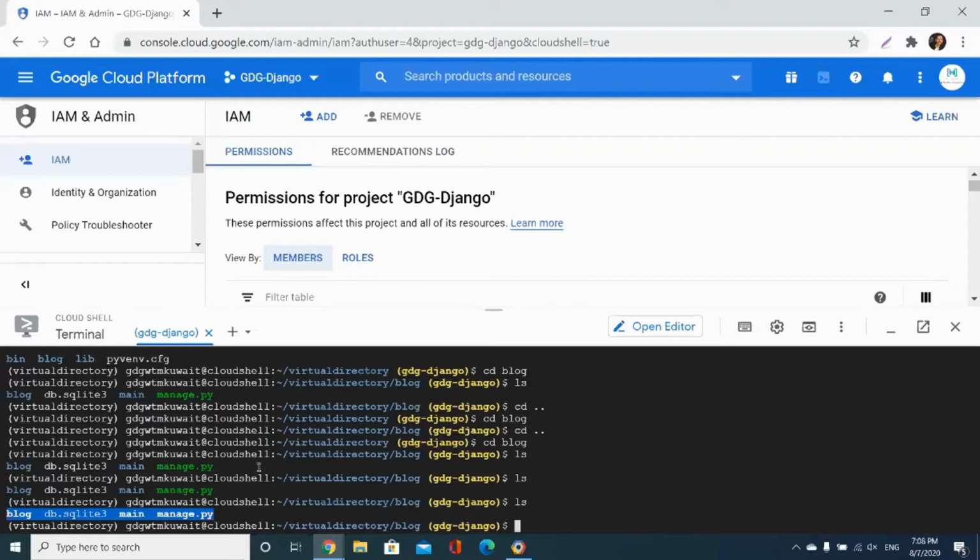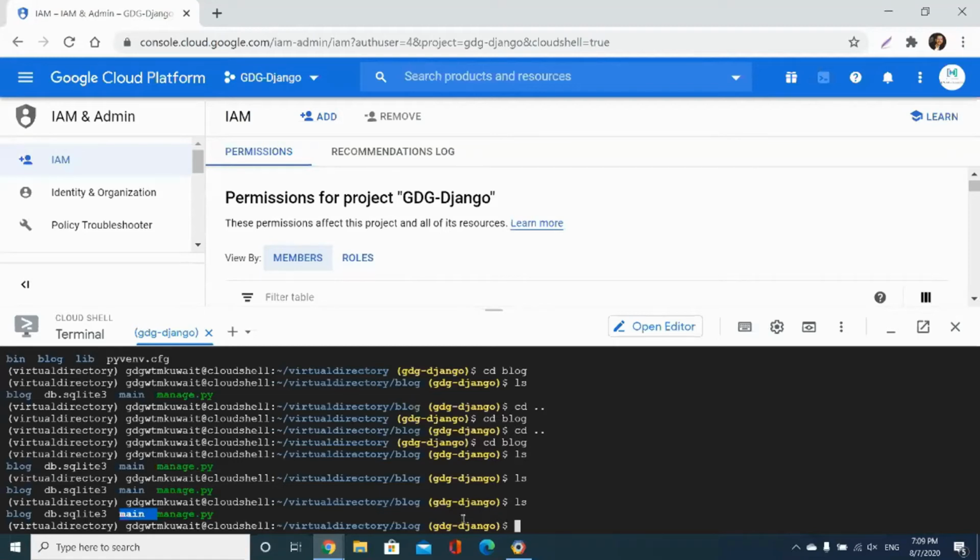Okay, if no, maybe you will be missing the main folder. Mena, you haven't activated your virtual environment. So please copy this command from the chat section and paste it in your shell. Yes, Ritaj. Okay, if you don't see this main folder,